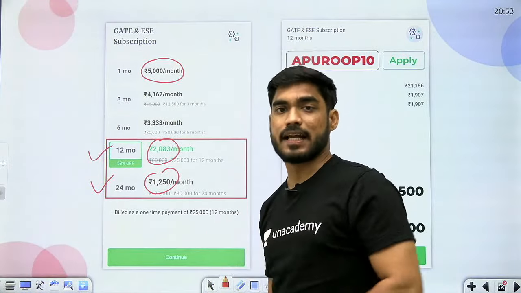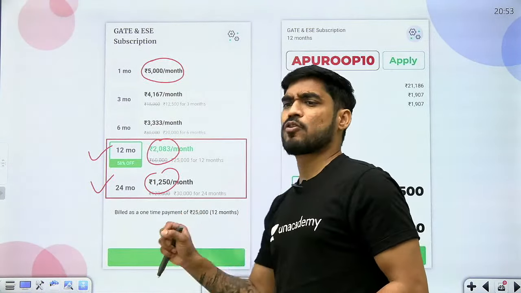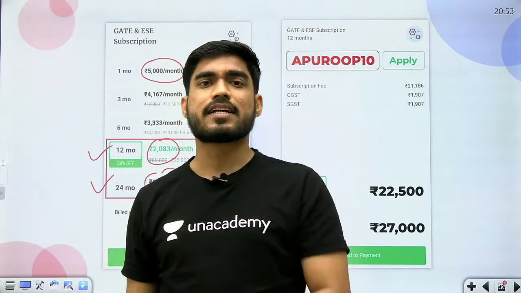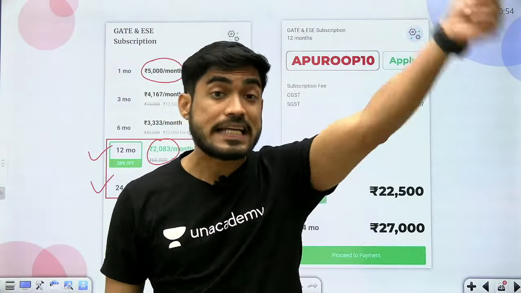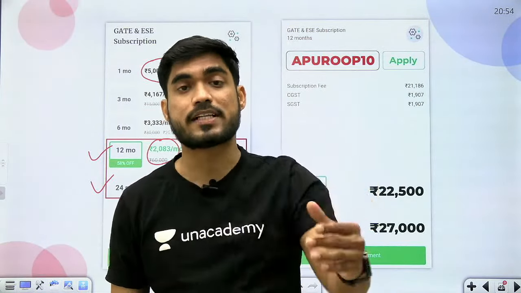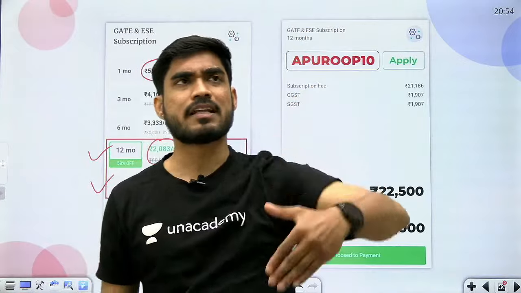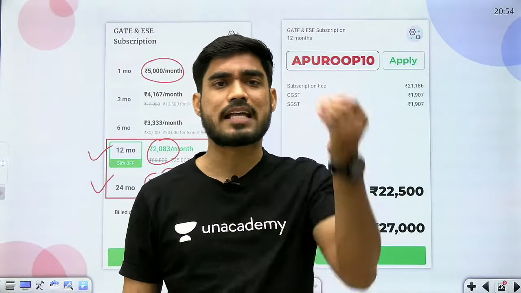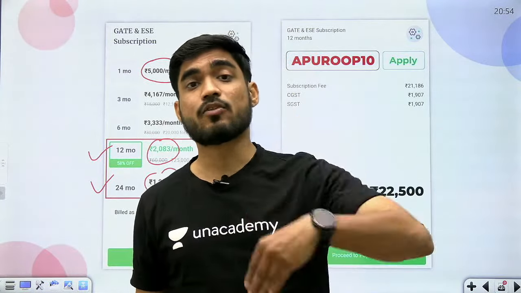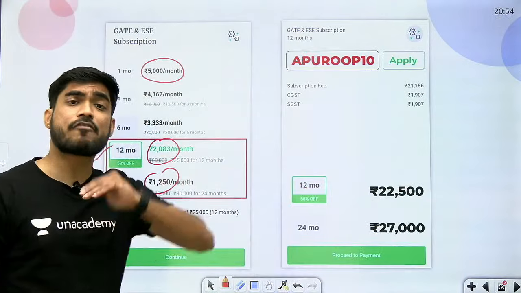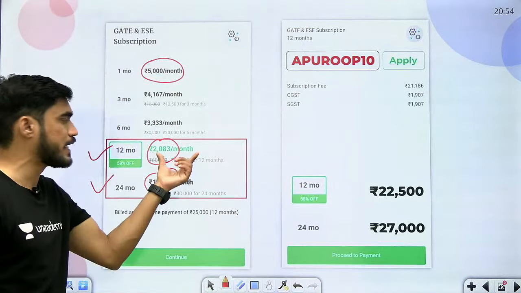Second thing, if you are preparing for GATE 21, then also if you take a 1 year subscription, you can prepare for ESE. Next year there will be ESE in July. You can prepare for PSU exams. Next year beta, in the month of April and May, you will get DRDO exam, ISRO exam, BARC exam, then you will have Coal India, Vizag Steel, other PSU exams. So you can prepare for all these exams if you take a 1 year subscription.